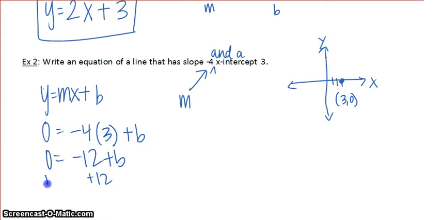Add 12 to both sides. So 12 equals b. Okay? So if 12 is my b, then I'm